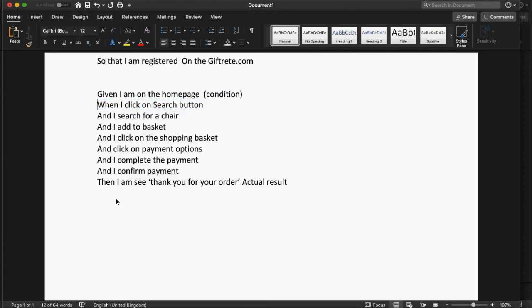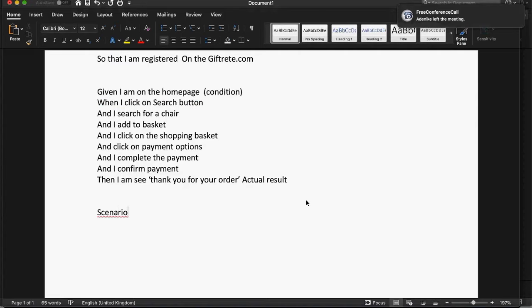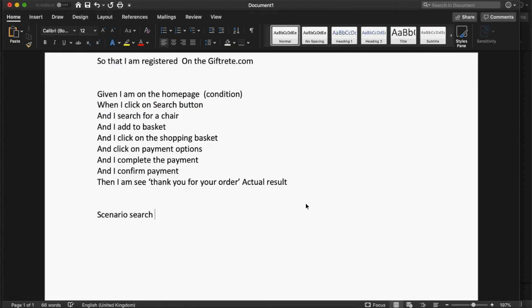So this would just be like, okay, now this is what you want to test. This first one will be your scenario. So from this I can say scenario. My scenario would be search for a product. Then I can say given